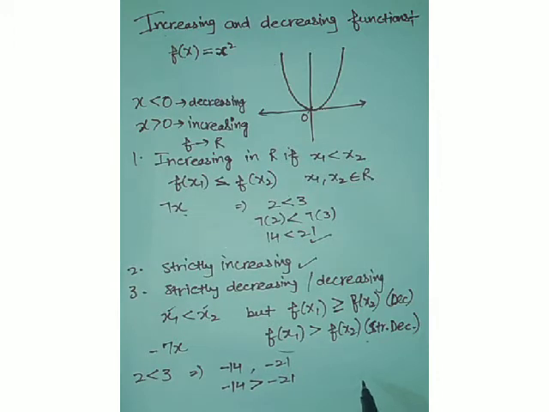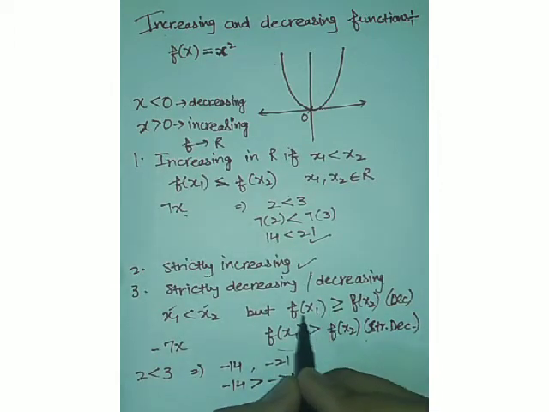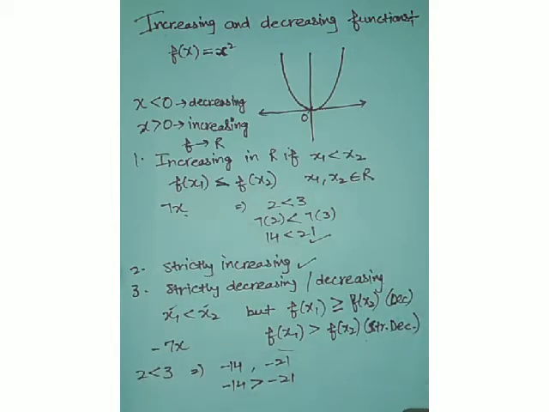There can be some functions where the value of the function for x1 will be greater than or equal to the value for x2, and those functions will be known as decreasing functions. This is a very easy trick to find if a function is increasing or decreasing. However, there are two other remarks which must be followed for a function to be strictly increasing or decreasing. Let's discuss those and then proceed to the examples.